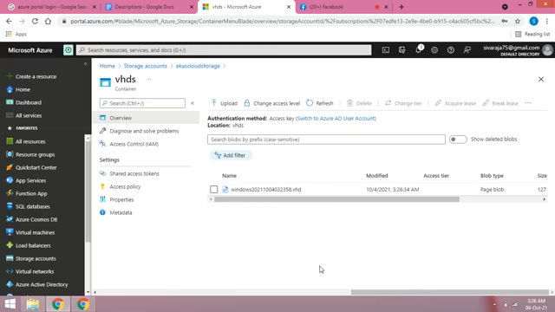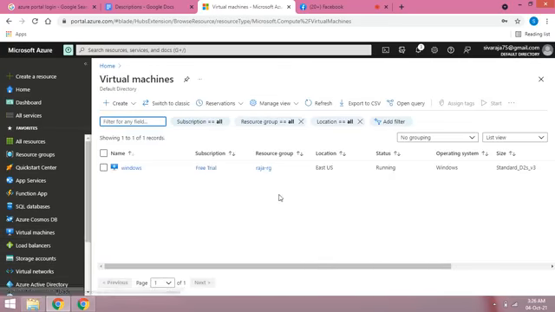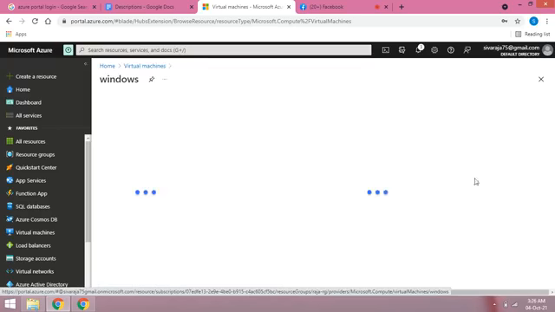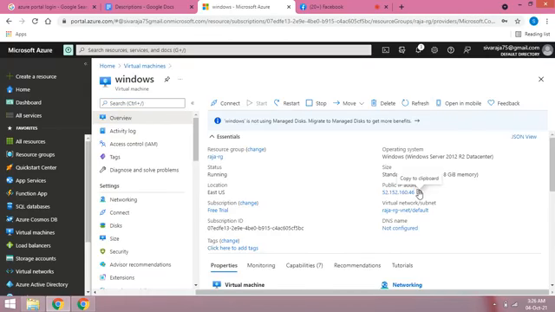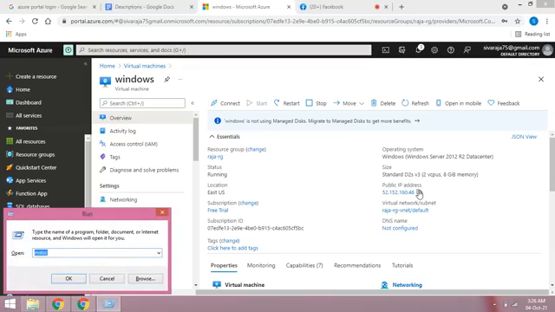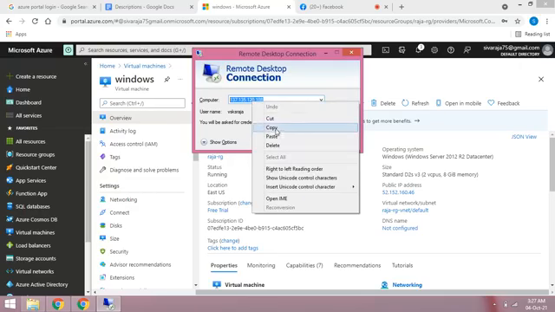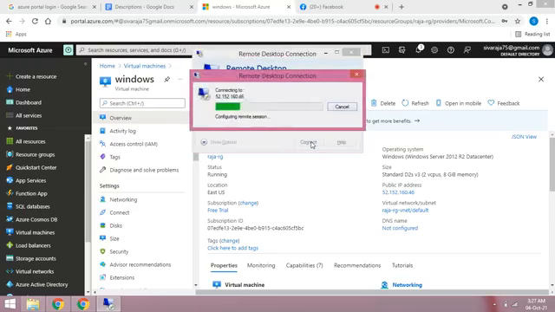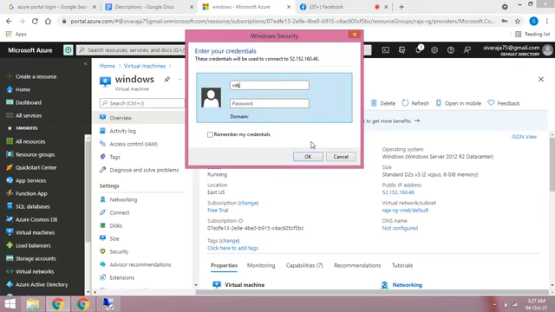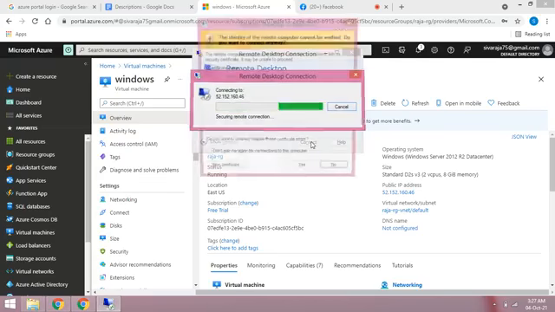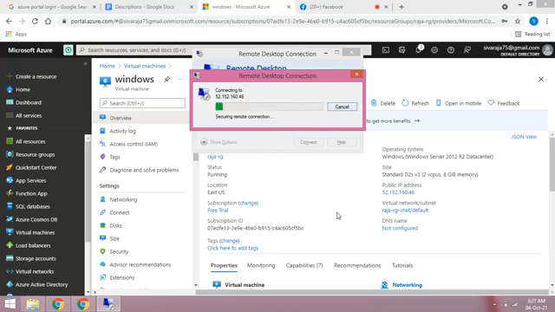So now go to our virtual machines. I copy the public IP address and go to MSTSC remote desktop connection. I copy the public IP address for this VM. Now I try to connect to the VM by remote desktop. Now I am connected to our VM.